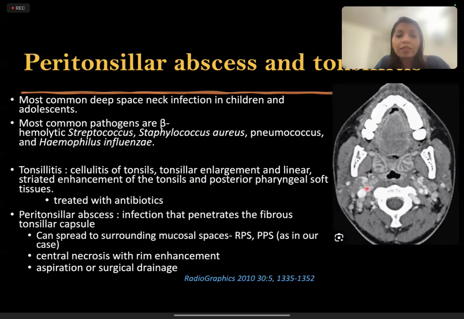A peritonsillar abscess is an infection that has penetrated the fibrous tonsillar capsule. So we see a rim enhancing collection just like any other abscess, and it can spread to the surrounding spaces like the parapharyngeal space and the retropharyngeal space, as we saw in our case. Central necrosis and rim enhancement of the peritonsillar abscess is seen, and the